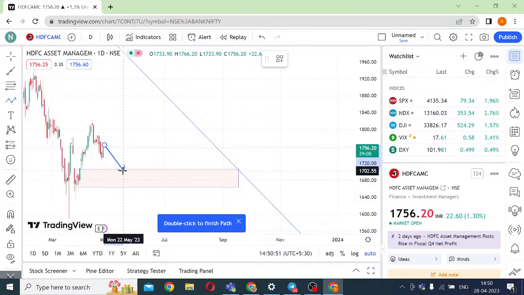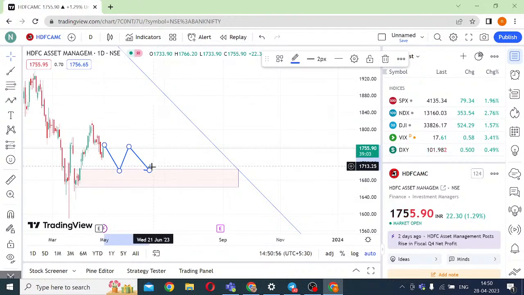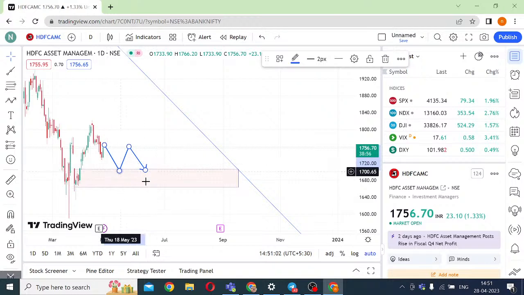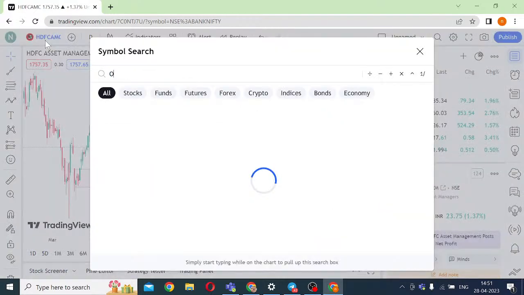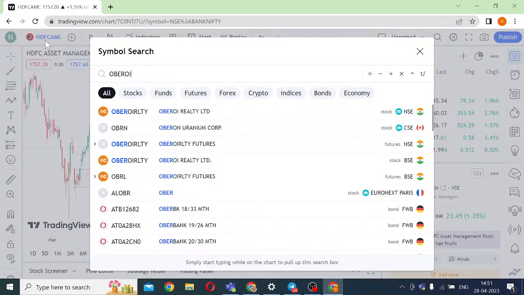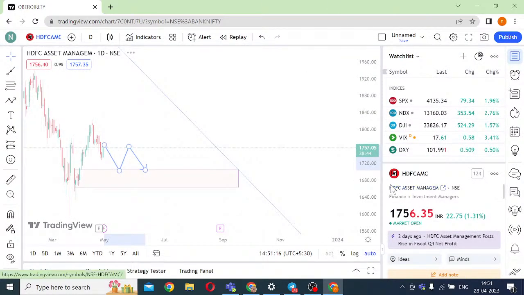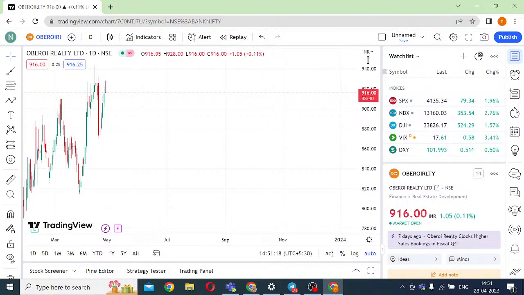Whatever negative news would have been there, I think has now more or less been absorbed. So if it comes down to these levels, on the second touch, I would like to buy it for going long. Oberoi Realty, you asked. I think last time you had taken it long. Oberoi Realty, I think the short is already done.